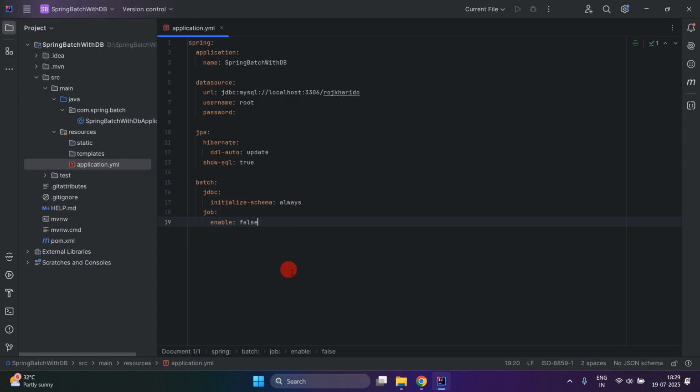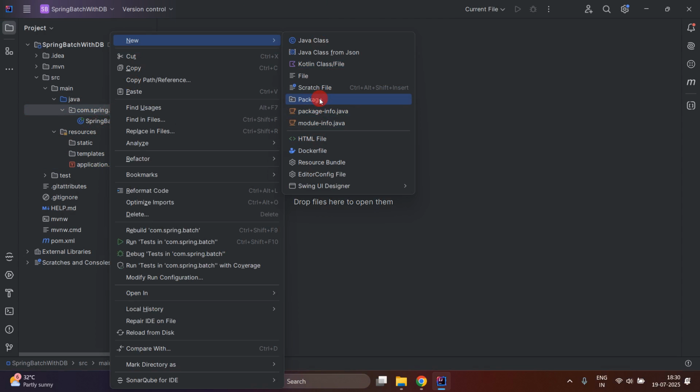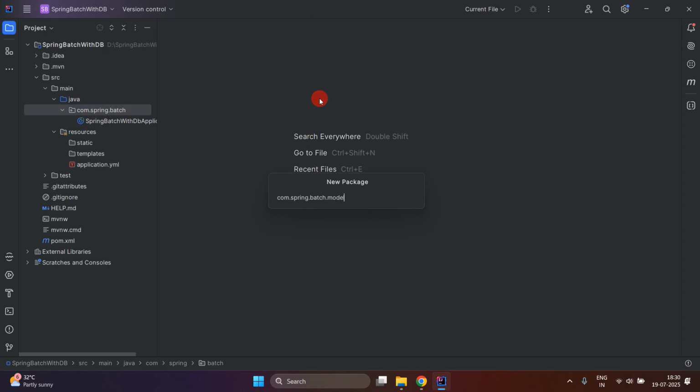Okay, why are we using false? Because we will create a manual endpoint to trigger our job. If you don't want to create a manual endpoint, then you can keep it as true. Okay, just close this. And then our next step is to create one package for model, and then I'll create